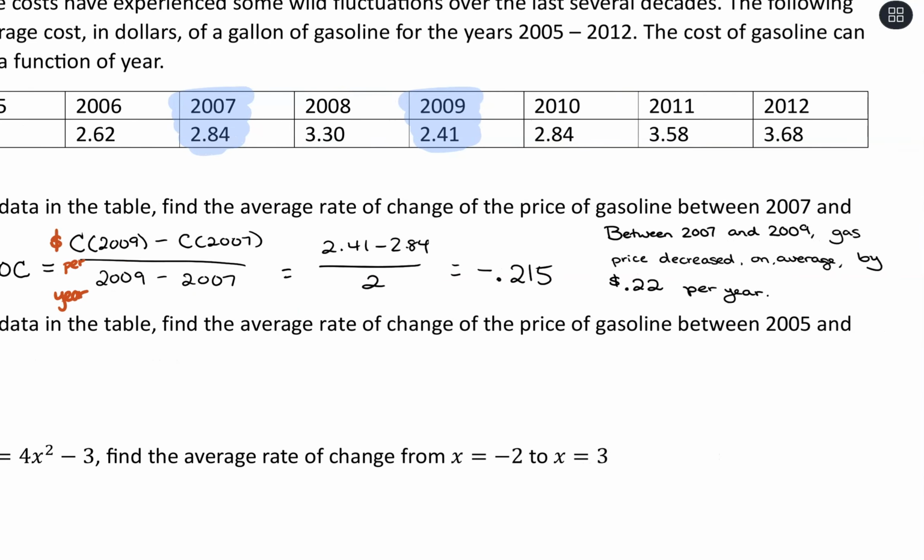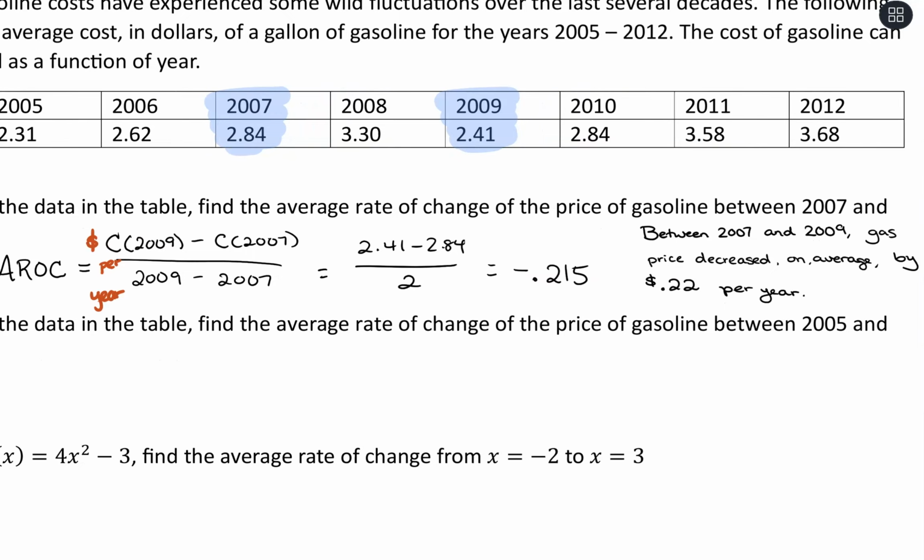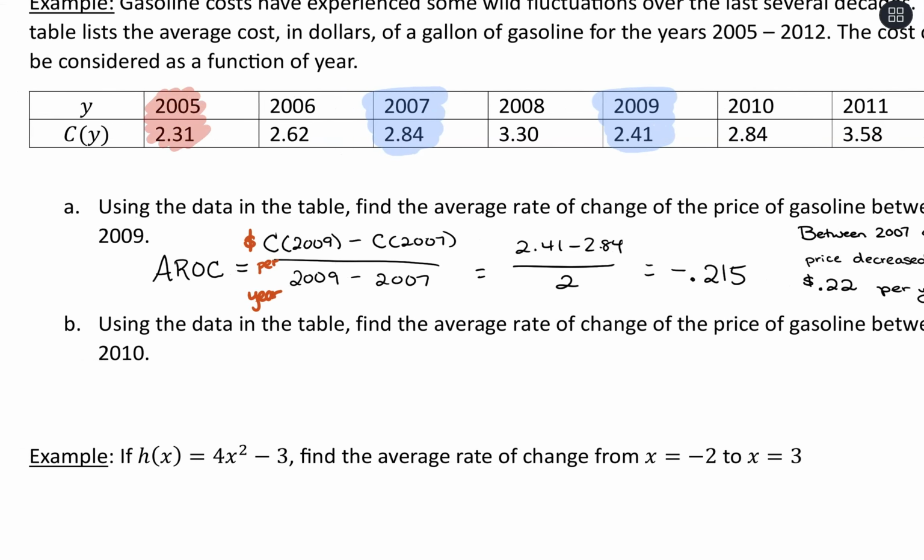Okay, let's go ahead and find the average rate of change between 2005, so all the way out here, to 2010. Okay, so our average rate of change, let's take the output from 2010, so that's a 2.84, minus the output from 2005, which is a 2.31, over 2010 minus 2005. All right, and then we'll put that in a calculator. 2.84 minus 2.31 over 5 for a